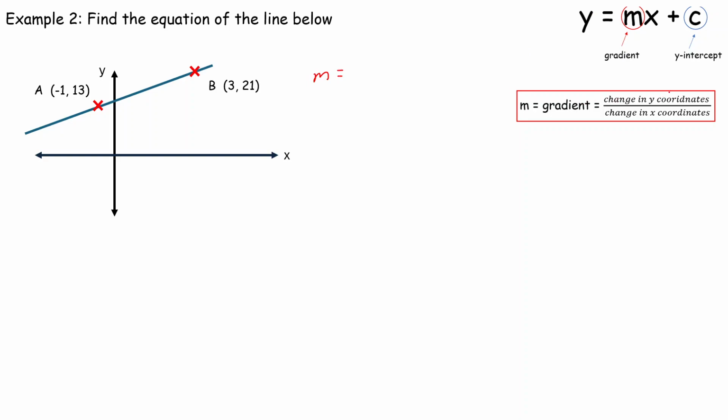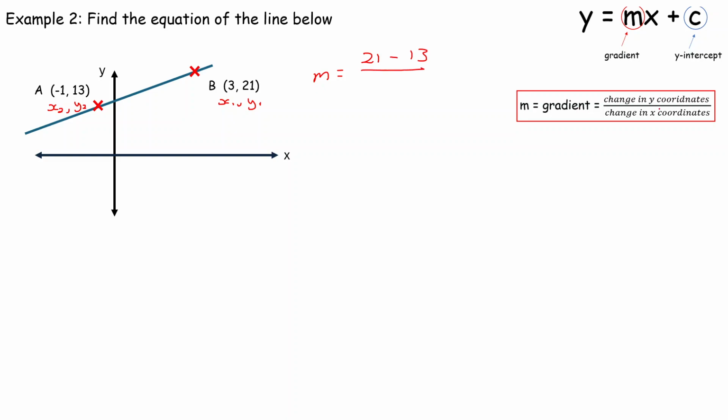Okay, and m is the change in the y-coordinates. I'm going to start with the coordinate b, because in my head I'm thinking if I do 21 take away 13, it keeps it positive on the first one, and then we'll see with that 3 take away -1 what's going to happen. Let's just go from b first though. So the change in the y-coordinates, just to make sure that we know which way around we're going, the 3 here is an x-coordinate, let's call it the first x-coordinate, the 21 is your first y-coordinate, and over here that -1 is your x-coordinate, let's call it x2, and that 13 is your second y-coordinate. So changing the y, I can do 21 take away 13, 21 take away 13,